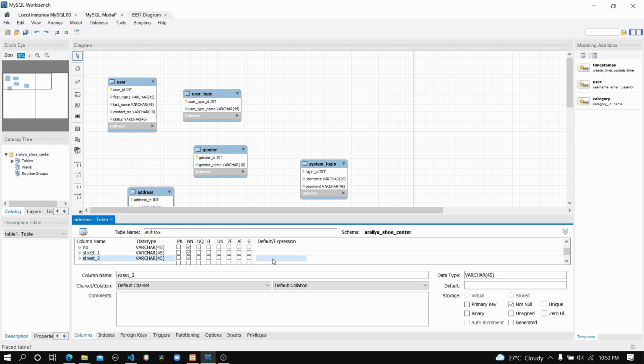Now again we can use the default expression. There can be addresses without numbers, so we can input a default value as empty. I'm going to input a value as empty. So if the user didn't enter the number of the address, the value of that attribute will be empty. Okay,